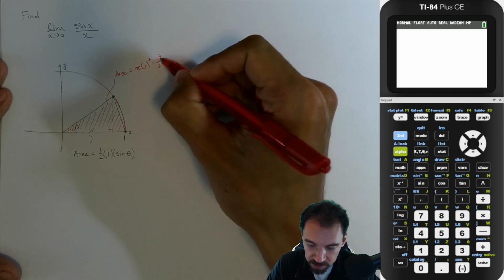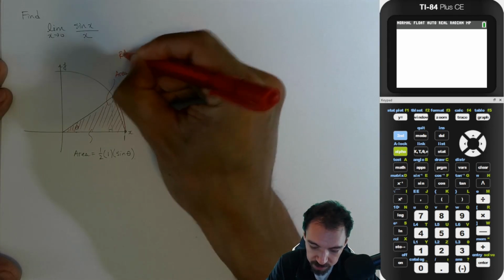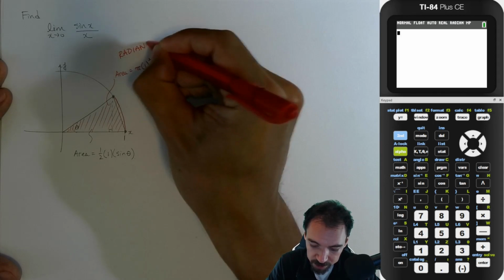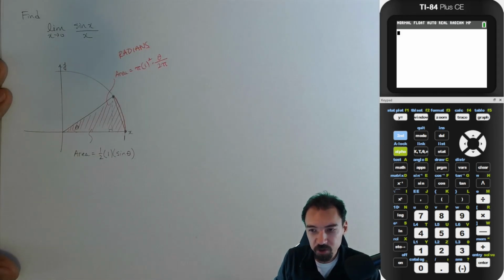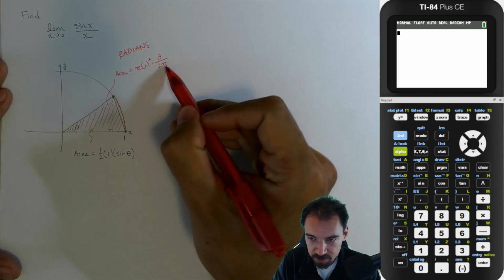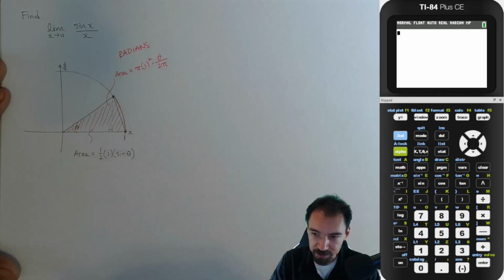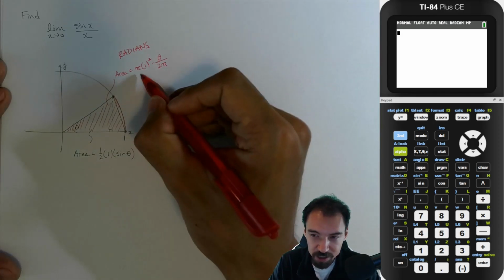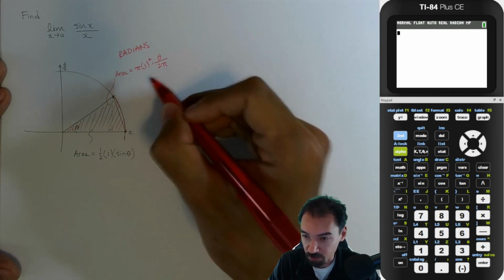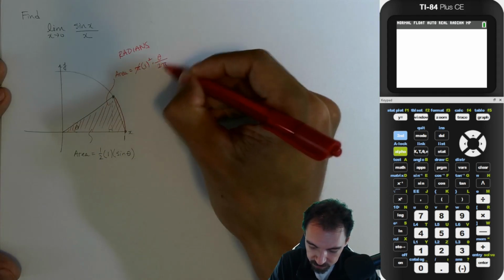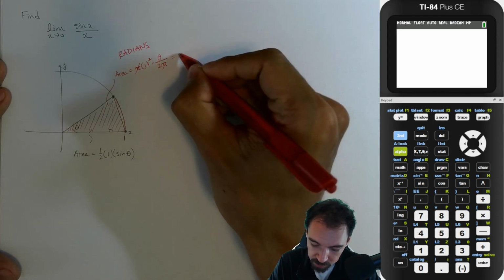So that means theta right here is in radians. We could have chosen to do this in degrees and put 360 degrees down here, but for reasons, as in this drastically simplifies what we have to write down, we choose radians. Radians are amazing, okay? Radians. So those cancel, and I end up with 1/2